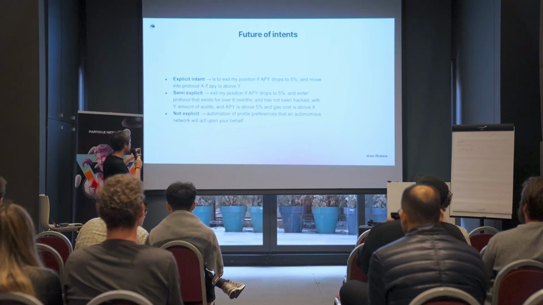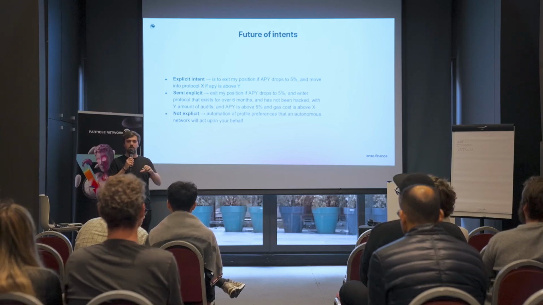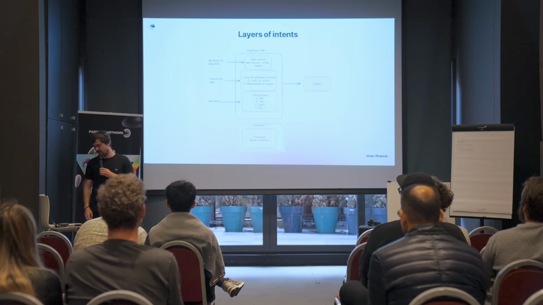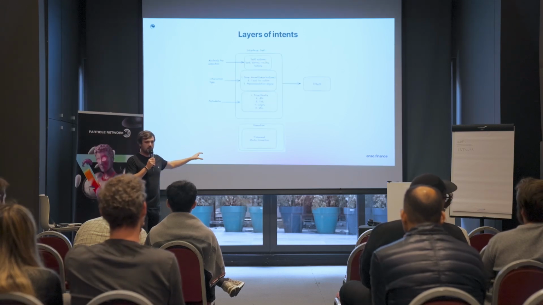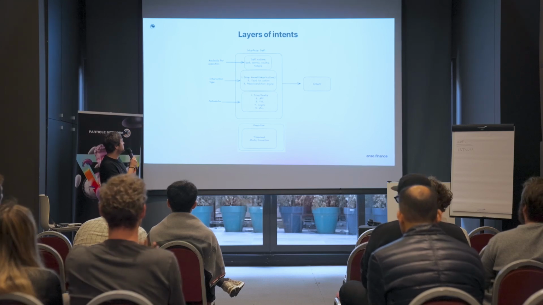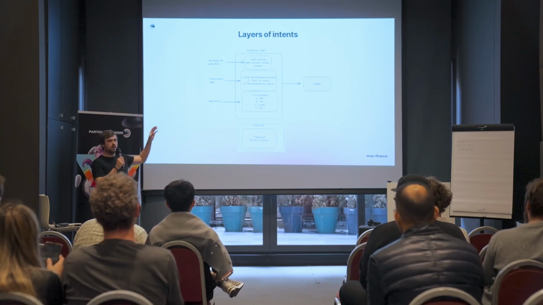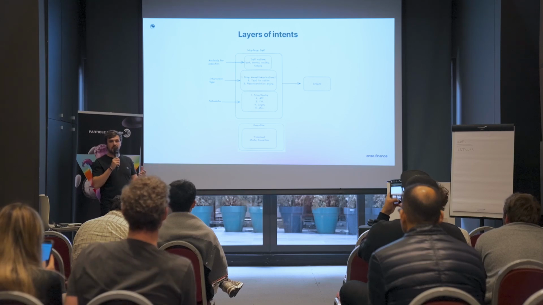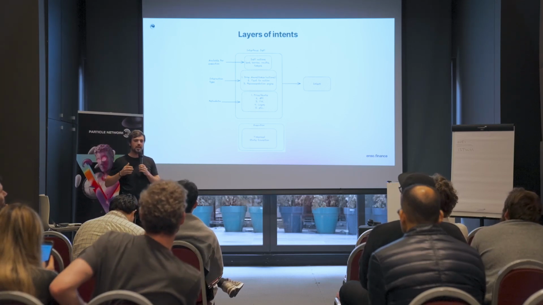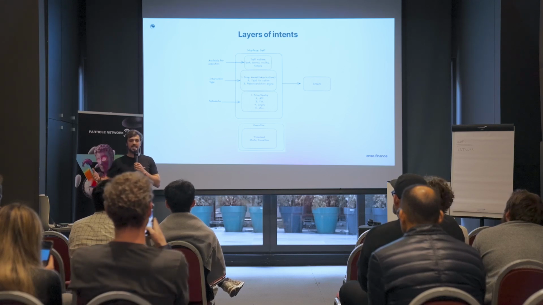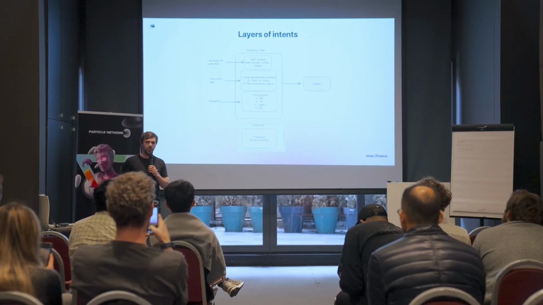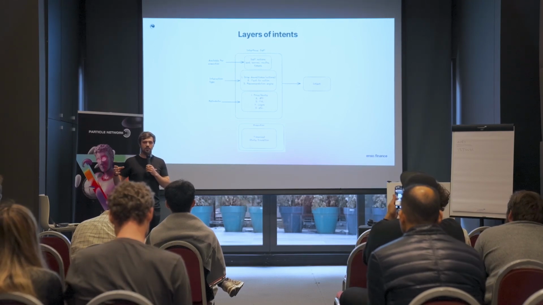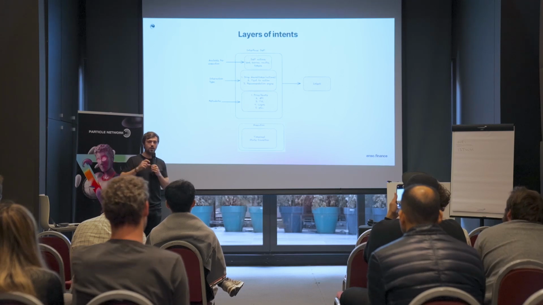The one that I find the most interesting is not explicit. Based upon your prior interactions on-chain, you can create characteristics and behavioral analysis of every single user and create autonomous agents using intents. Everyone talks about execution. Not many people talk about the top part of intents, which is how you present it to the user: what actions they can do, how this information is shown to the user, and last but not least, the metadata. If a user is making a decision to declare an intent, the information needs to be shown correctly,